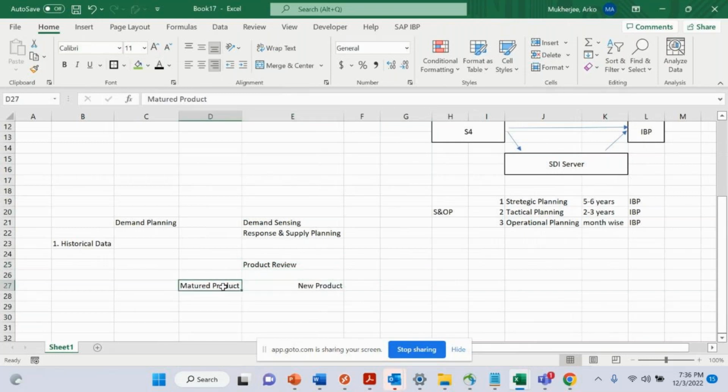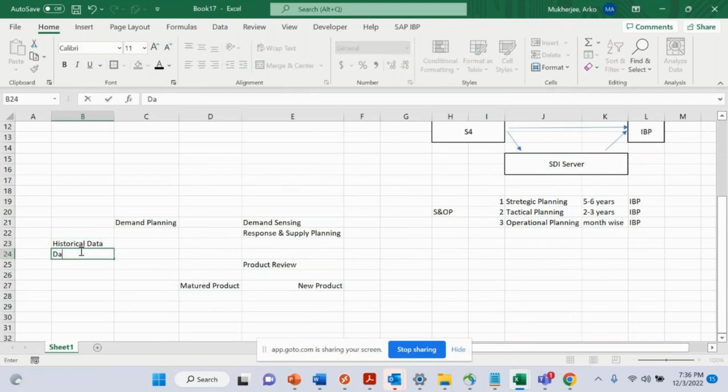As per the business process, first we will analyze the historical data. The second thing we will do is data correction by the planners. If I am a planner, then for my respective business, I will take care of the historical data and its correction. What do you mean by correction? Now here come the outlier parts,